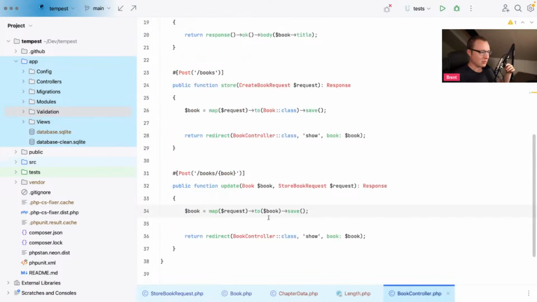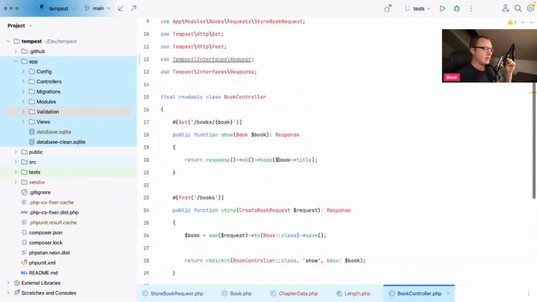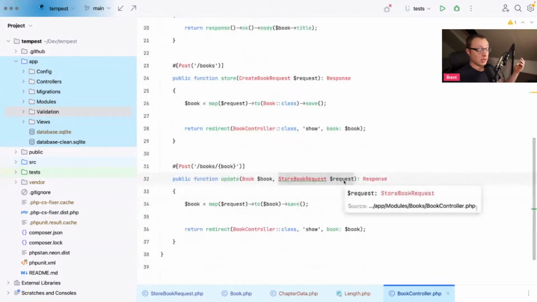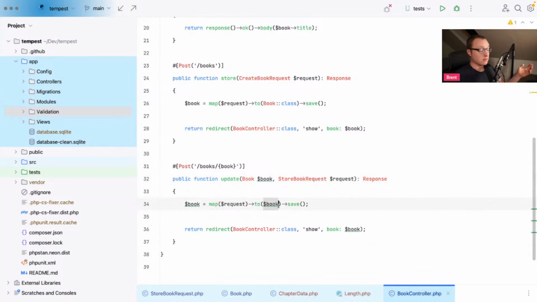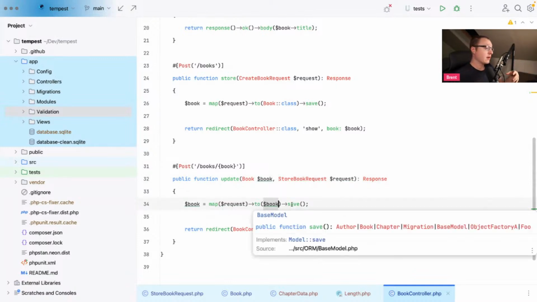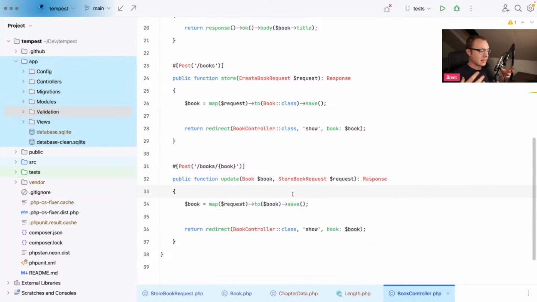If you were present at previous streams, you remember this. And this is how I imagine Tempest to work, right? We have CRUD actions here, and you inject a request class. And that request is automatically resolved behind the scenes. And with that request, which is validated, you can actually map all that data to a model to update it. That's the idea. I know there are a lot of side notes to make here,